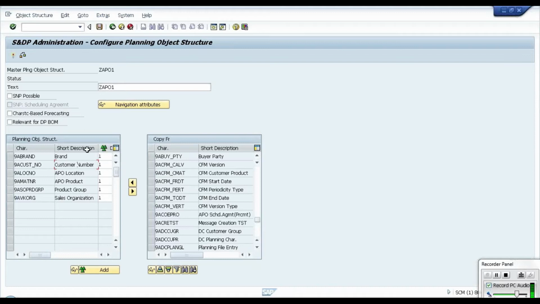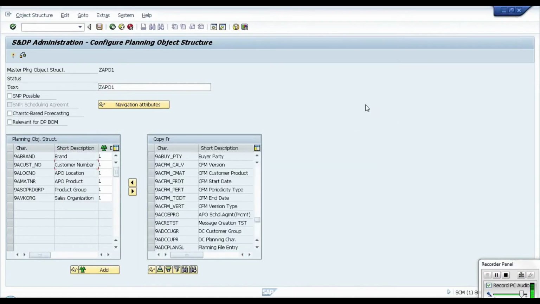Say for example, product group is linked to the product and it is linked to the brand, so if you give all of them as one dimension, then when it is picking the data the performance will be better. Either we can use it or we cannot use it, but this is the option for that. So now these are the options in the MPAS, and still we are missing this navigation attribute. What is the navigation attribute?